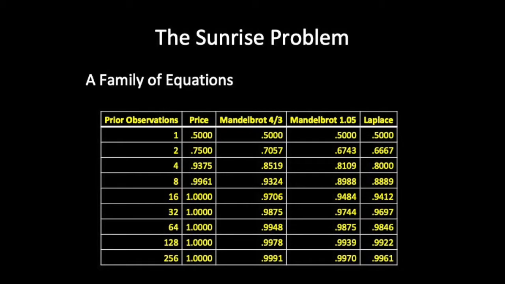The new hyperbolic Mandelbrotian equation. Another way to view our criticisms of the original equations is that they bound the space of certainty. Price was as optimistic as possible, and Laplace was as pessimistic as possible, so the truth must lie somewhere in between. Fractal spaces lie between linear, iterative, and exponential recursive spaces.